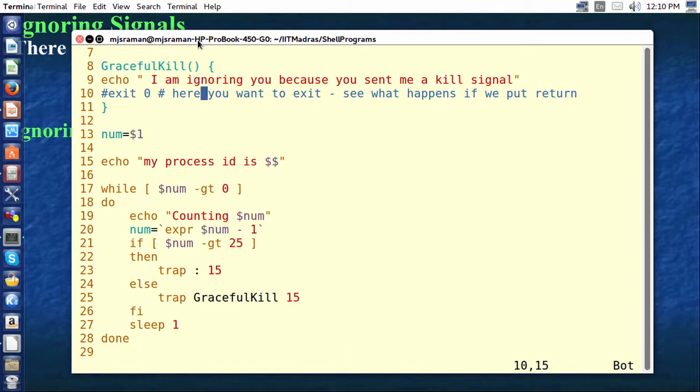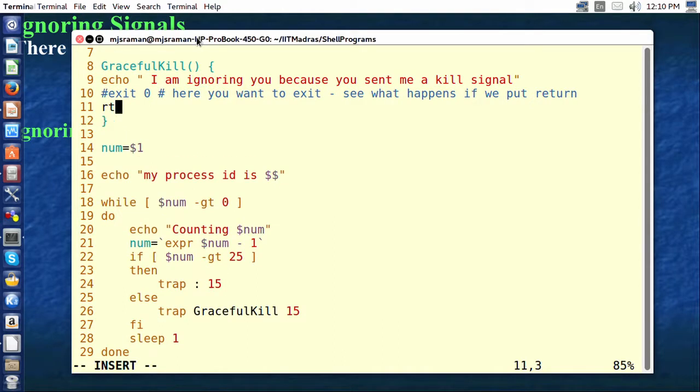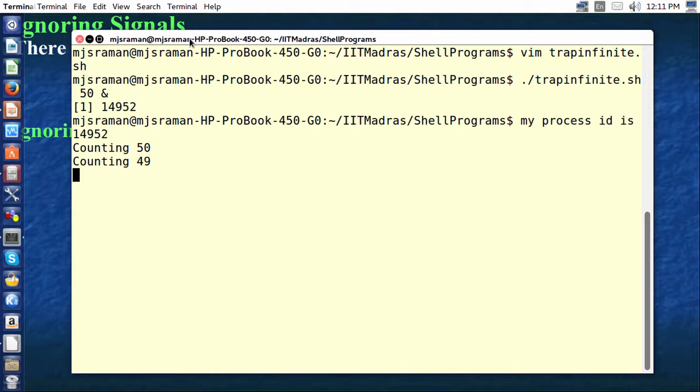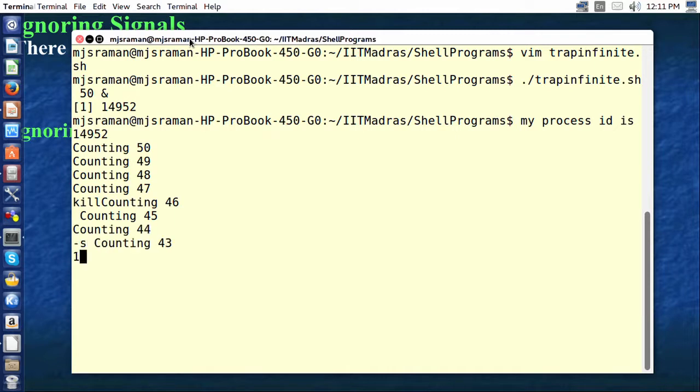Something like this I will do, but in this case let us also add the return statement. So, we know this guy is getting ignored. Now, let us run this program. trapinfinite.sh, and then we have to give a number. Let me give a number like, say, 50 and then I will run it in the background. Now, I got the process ID 14952. So, I will now try kill minus s